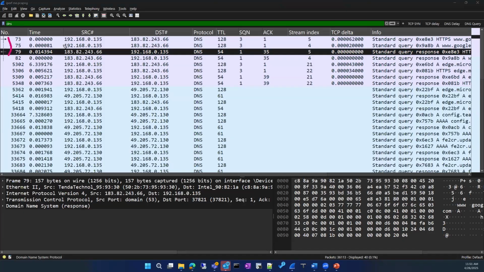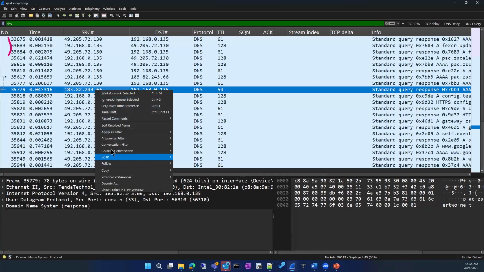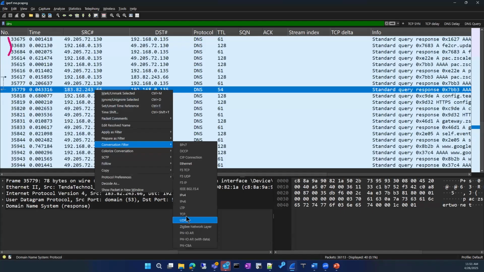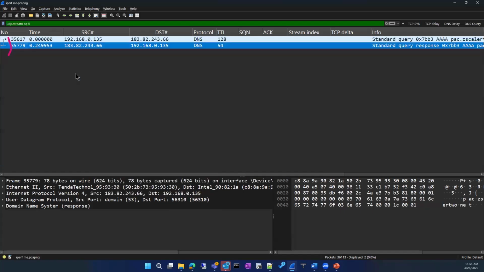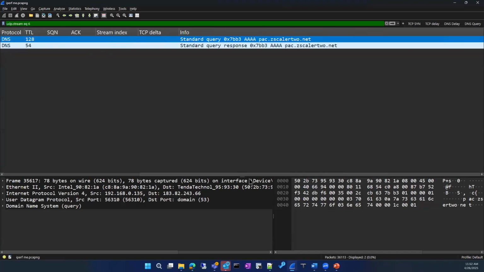We are looking for 2 packets and it is running on top of UDP, and sometimes it uses TCP. But now we are primarily focusing on UDP. So let's take this request. You see this is using UDP. If I do a conversation filter and UDP, only 2 packets we are focusing on now. The source 192.168.0.135, it's trying to find,